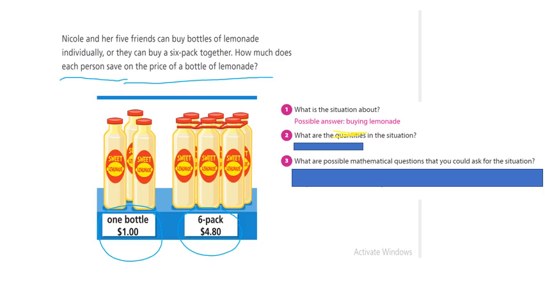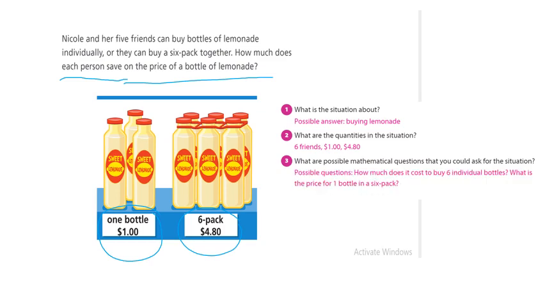I should make that a highlight instead so you can see it. Okay, so what are the quantities in the situation? 6 friends buying the lemonade, $1 for one, and $4.80 for a 6-pack. What questions do we think we need to ask before we can answer the problem? Probably how much it costs to buy 6 individual bottles, and what is the price for one bottle in a